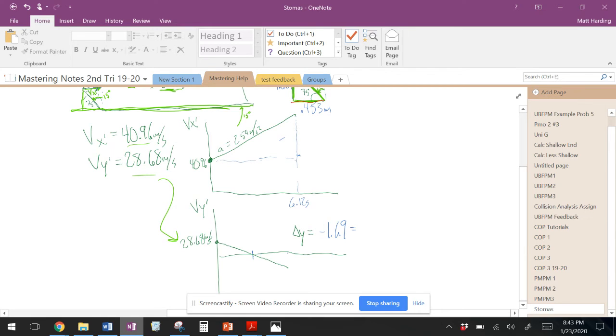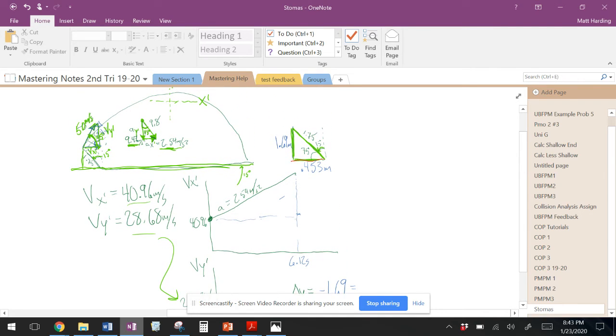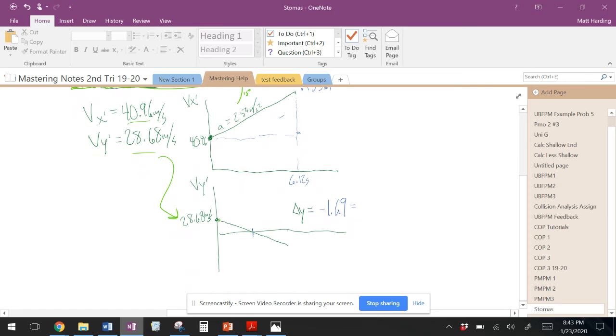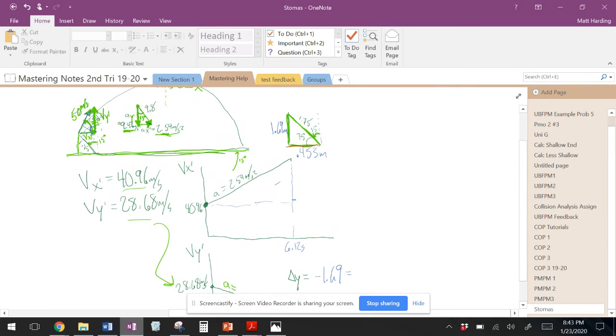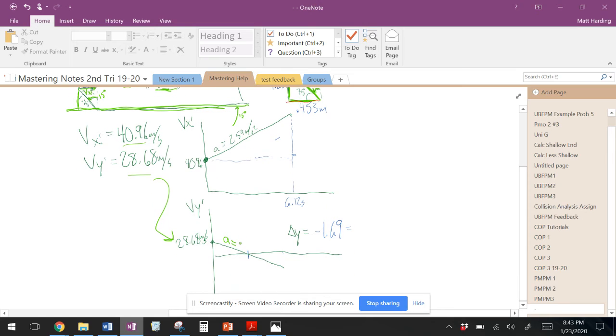So then what's really funky is for my graphs, I take these velocities, and the VY graph looks pretty straightforward. It starts at 28.68. This is down sloping. Part of why it's downsloping is this Vy prime is pointing up, and this Ay prime, the acceleration, is down. They're opposite. It's going to be slowing down initially because they have opposite signs. That works just like normal. The difference is that this acceleration isn't negative 9.8. It is negative 9.47